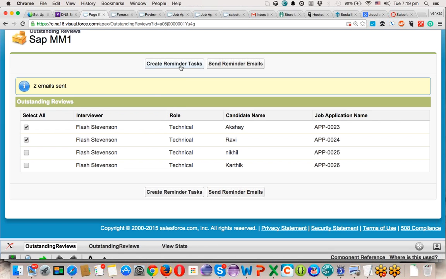If you see this page, there are 2 custom buttons. These buttons cannot be created with the standard option, right? I cannot create multiple tasks from a single button. I can create a task by going into the reviews object. So by going to the interviewer object, I can create a task manually by creating a new task,